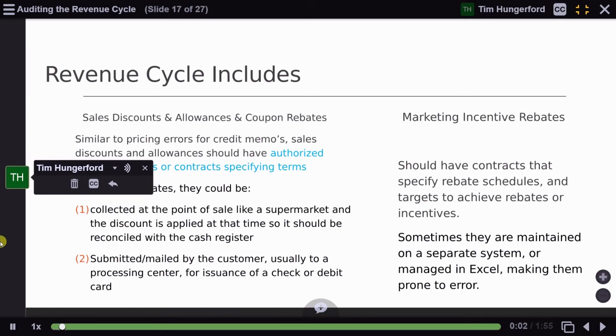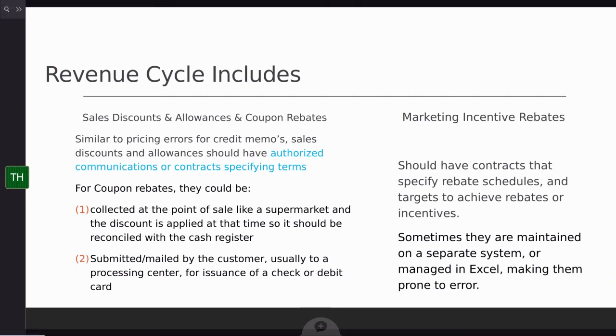A couple other areas that I discussed before that are important for the auditor to review is sales discounts and allowances and even coupon rebates. These are all similar to pricing errors for credit memos. The sales discounts and allowances should have some sort of authorized communication or contract specifying the terms of these discounts